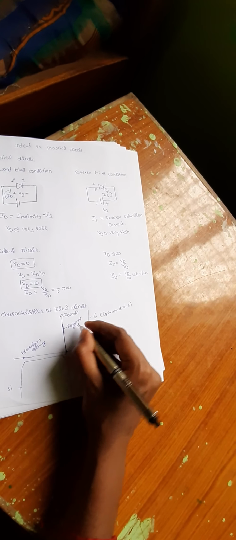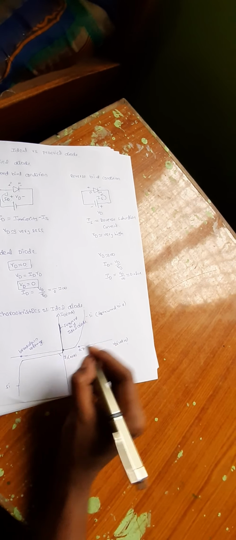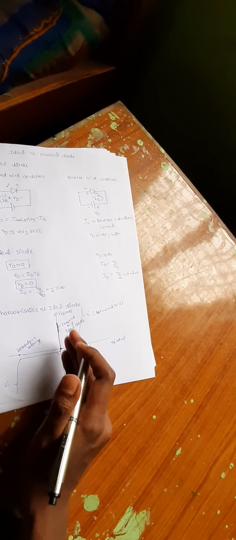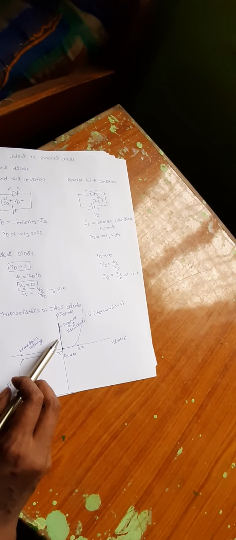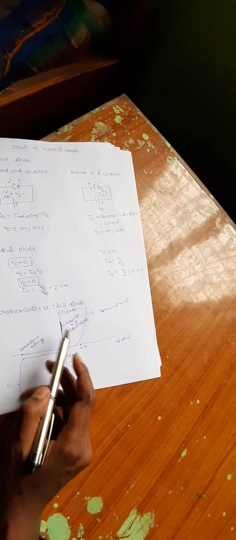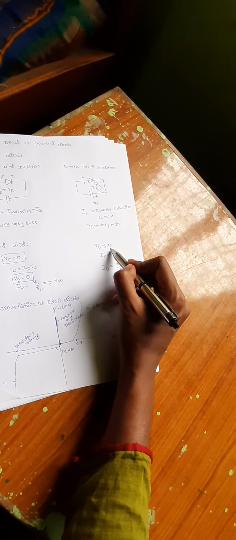Forward bias for silicon, for the ideal semiconductor diode under the forward bias condition. There is an increment of current inside the PN junction diode, so the resistance across this diode is equal to 0. If the resistance is equal to 0, by Ohm's law we know that the voltage across the diode is equal to 0. If voltage is 0 for all values of current, there is an increment of current. For the reverse bias condition, RD is considered nearly equal to infinity, so by Ohm's law the ID value we get is 0.